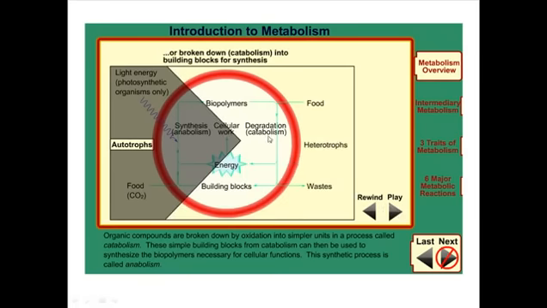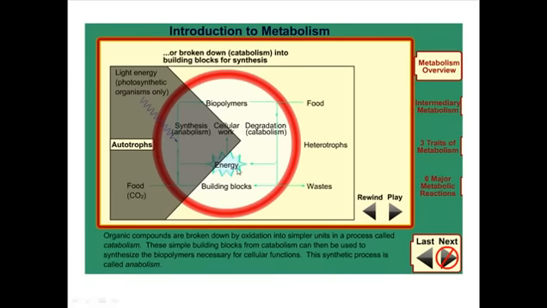In the case of heterotrophs, they use the foods produced by trees and degrade them in a process called catabolism, and they produce building blocks. Not only do they produce building blocks, but they also produce some waste materials after the digestion process is over. After this cycle, we see that energy is produced. When they degrade these biopolymers, energy is released, and when trees or autotrophs produce these biopolymers via anabolism, they actually need energy.